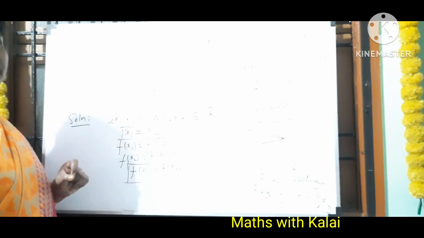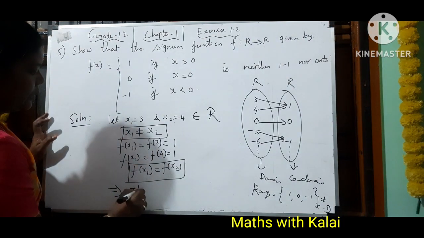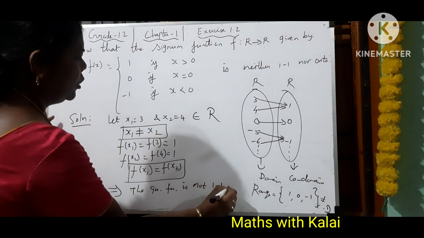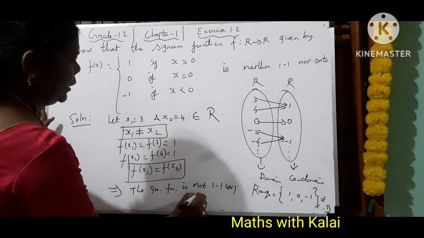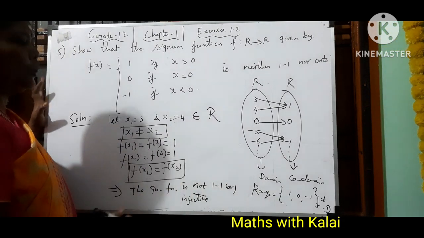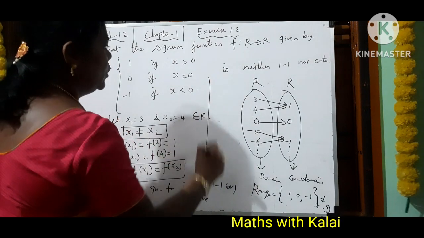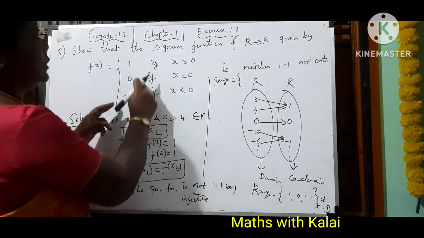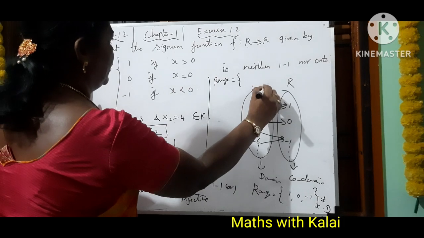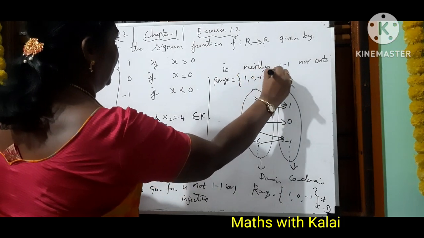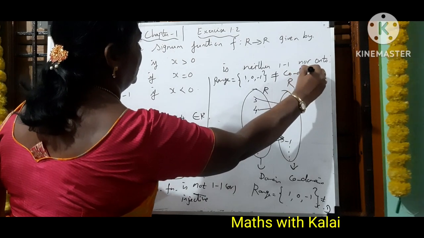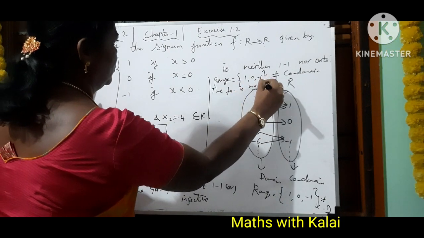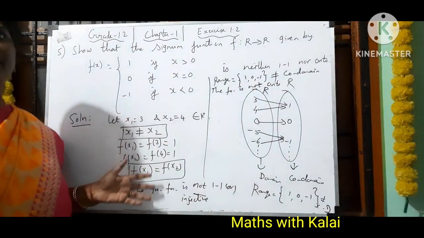Inge not equal to, inge equal to, automatically we can say that the given function is not one to one or injective. So the function one to one கிடையாது அப்படினு சொல்லியாச்சு. And whether it is onto அப்படினு கேட்டாச்சுனா, for that what you have to do? Range is equal to, according to the defined problem, range ங்கிறது மூணு elements தான். So range அப்படிங்கிறது it is equal to 1, 0, minus 1. And certainly it is not equal to codomain. Range is not equal to codomain அப்படினா, the function is not onto. So the given function, signum function, is neither one to one nor onto.